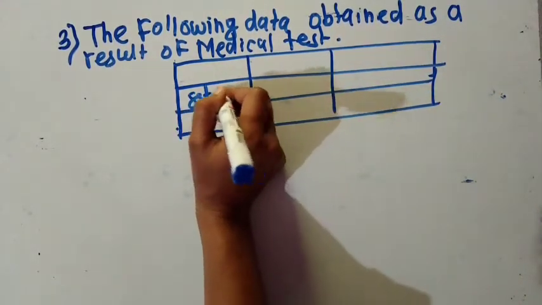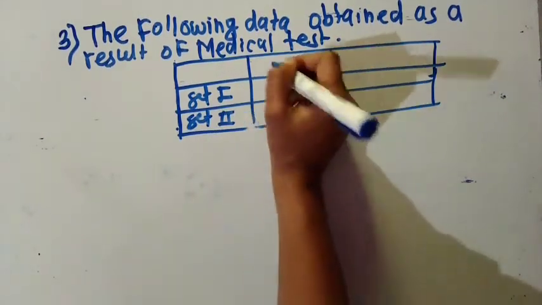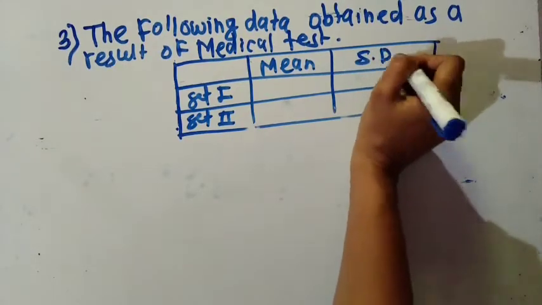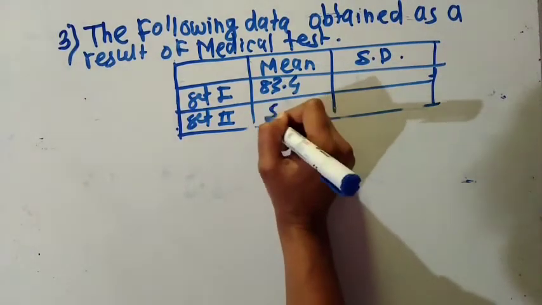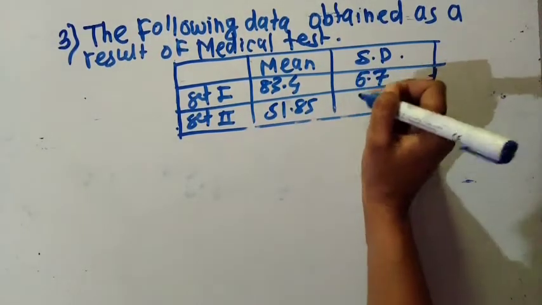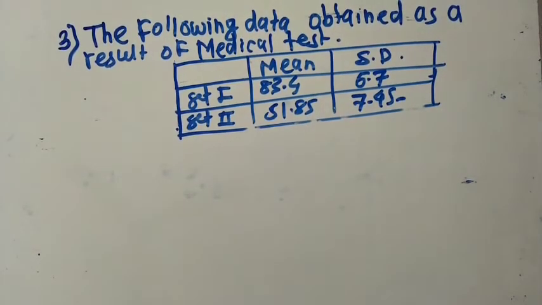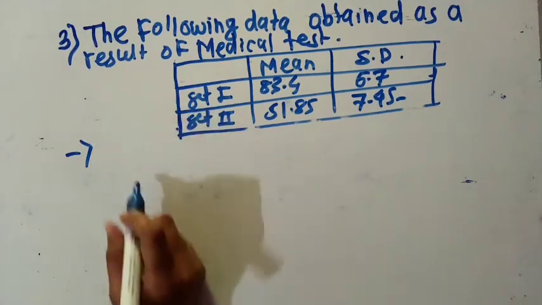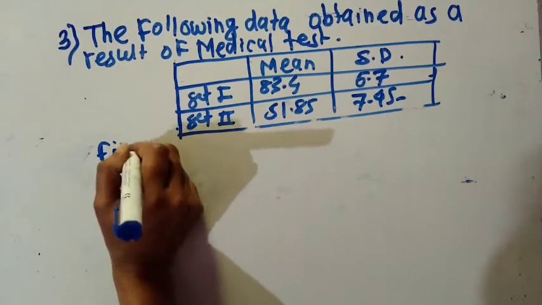This is set 1 and this is set 2. This is mean and standard deviation. So here is the same process. First find out which is more consistent,